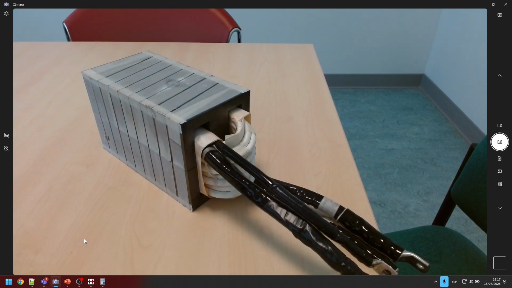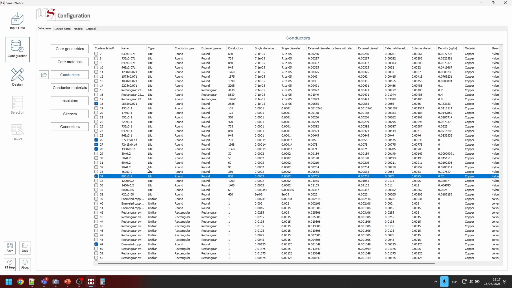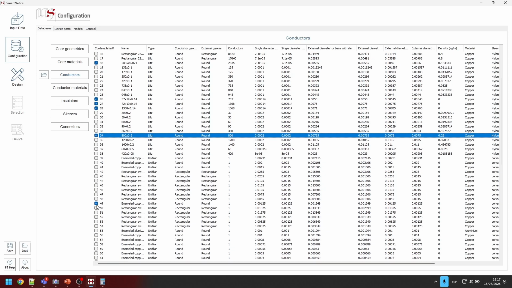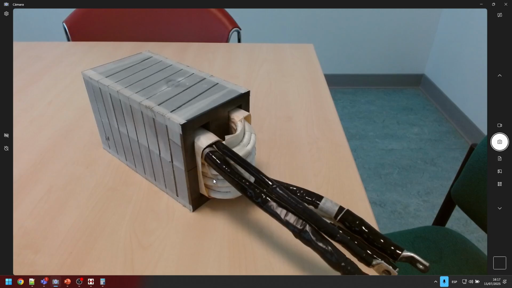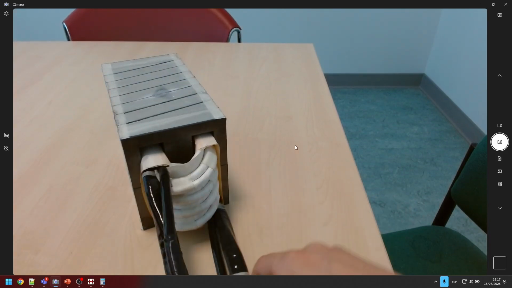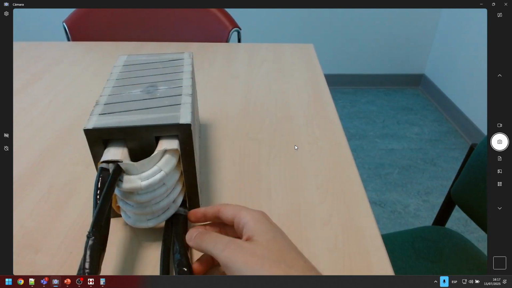So we can know that they are not using rigid wires, they are only using lead wires. Okay, so I will take out this one because this one will be very rigid, and we know it's not the case. Okay, this is about the geometry, but there is more that we can know just by a simple inspection. As I was saying, I don't have access to the secondary because it's inside, but I can take a look at the primary.